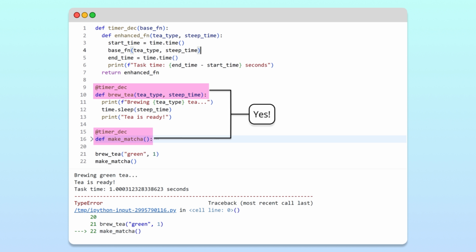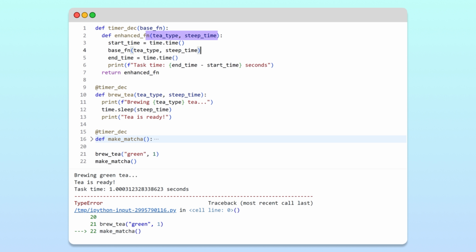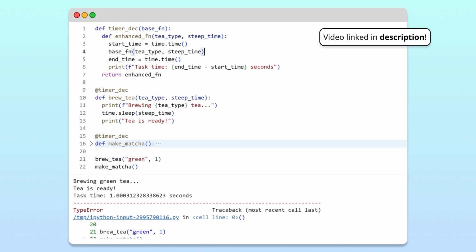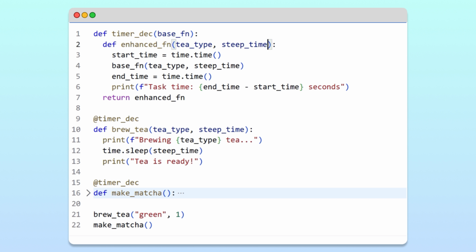The answer is yes, but we'll need to modify the enhanced function header. Again, the issue with the current header is that it specifies exactly 2 parameters. In Python, we can relax this requirement and allow a function to take any number of inputs using *args and *kwargs. If you aren't familiar with *args and its sister syntax, *kwargs, make sure to check out our video linked in the description first. To allow the enhanced function to take any number of positional arguments, we'll replace the explicit t-type